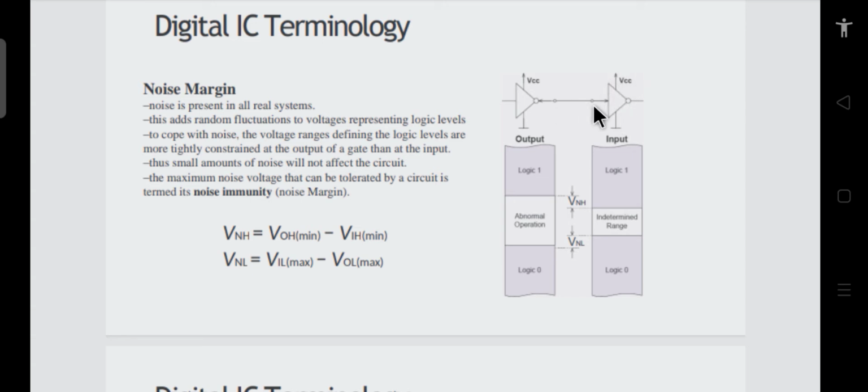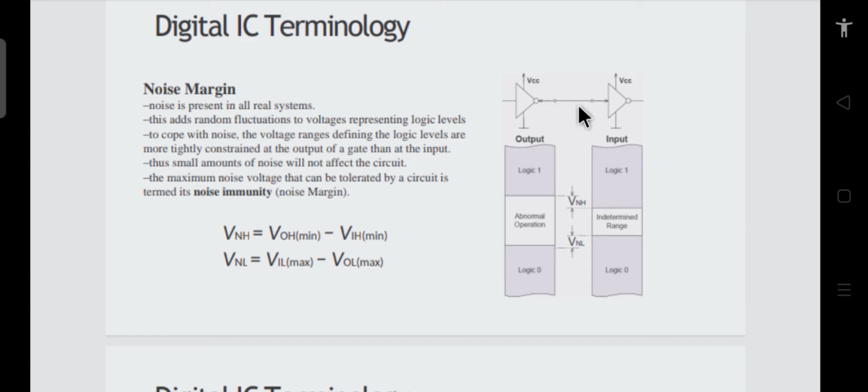Suppose you have applied 5 volts, or let's say 4.8, because it is in this range. Corresponding to this, the output can be between 0 and 0.8 volts. Let's say the output is 0.6 volts. Now if this is 4.8 and it is generating 0.6 volts, obviously this is 1 and this is 0, because one lies in the upper high range and the other in the lower range.